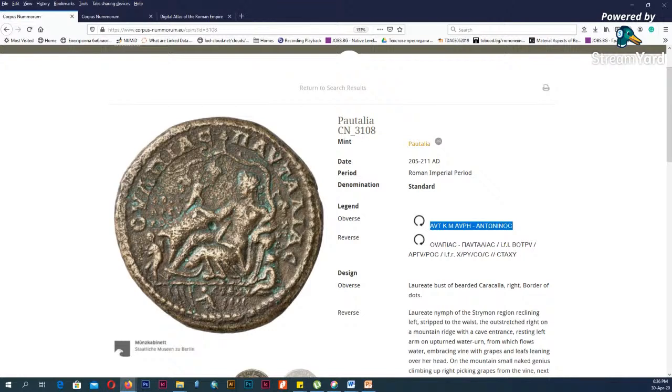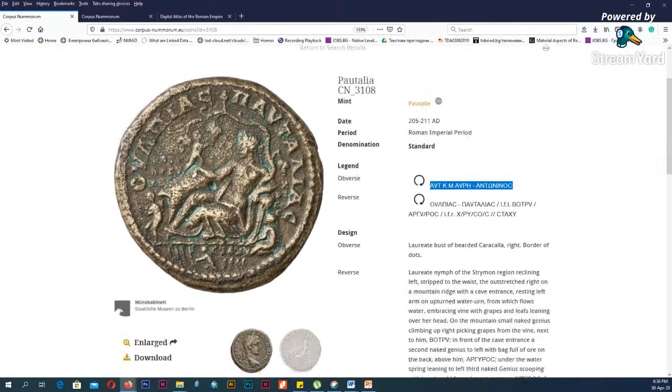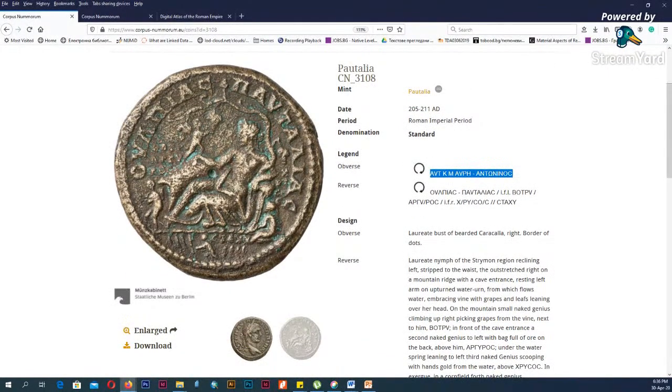In this particular case, you have a coin from a provincial coinage, which is obviously seen in the legend because it's indicating that it was issued by the city of Poutalia. But you have a lot more. One coin, as I said, is